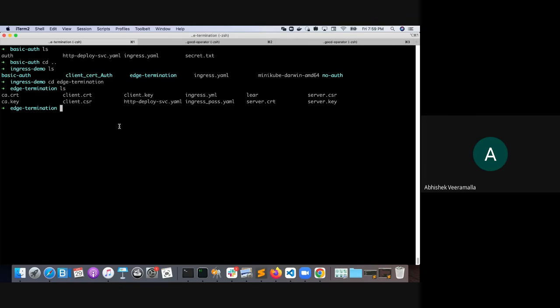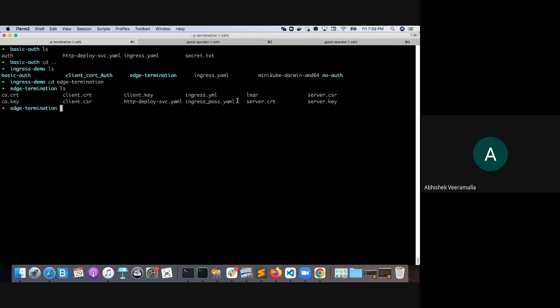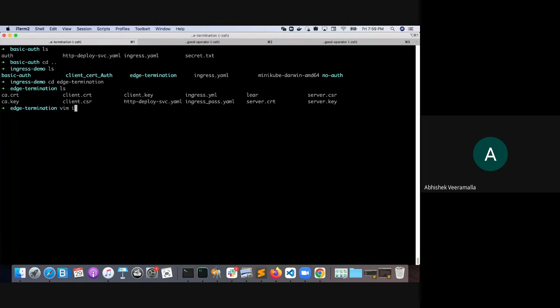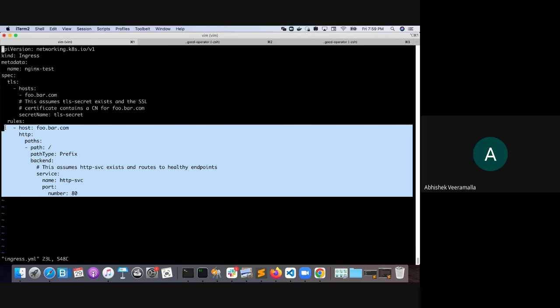So I've created the CA client certificates as well as the server certificates, so that I don't take a lot of time here. And if you look at the Ingress, so this is the Ingress resource, and the way we do TLS with Ingress is that you can simply store